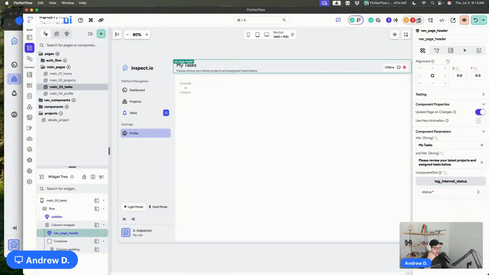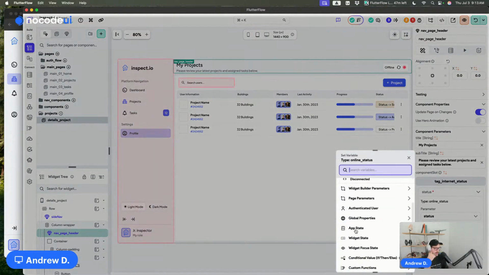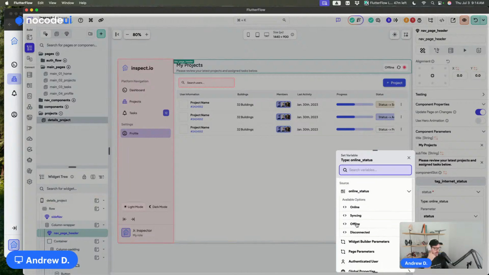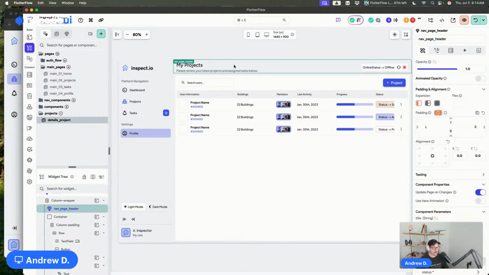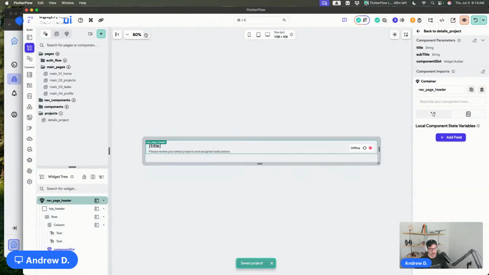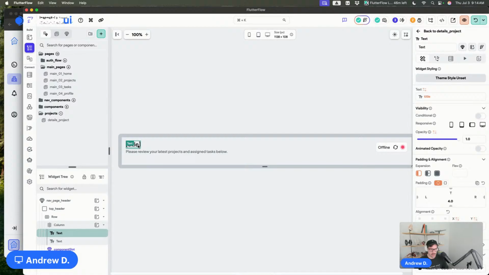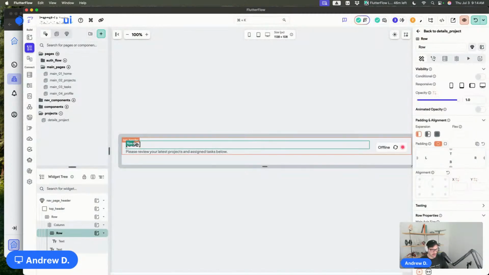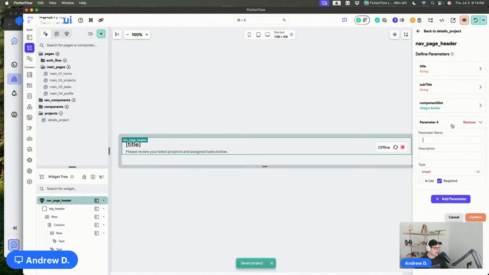Online status. Let's see, there's one more area. There you go. All right. I'm gonna say we're offline for this one. Cool. And we're gonna dive into this. For my breadcrumbs, we're just gonna do the top portion. So I'm gonna add a row here, and we're going to say subpage